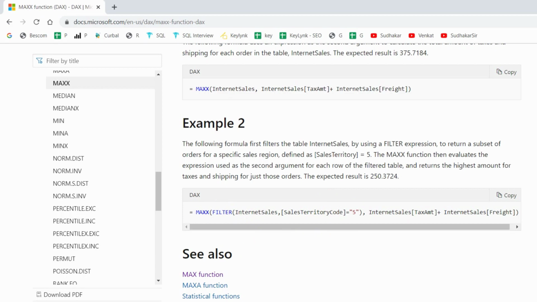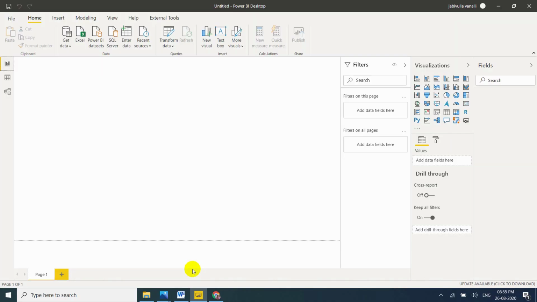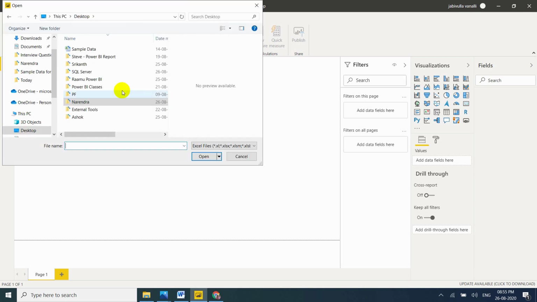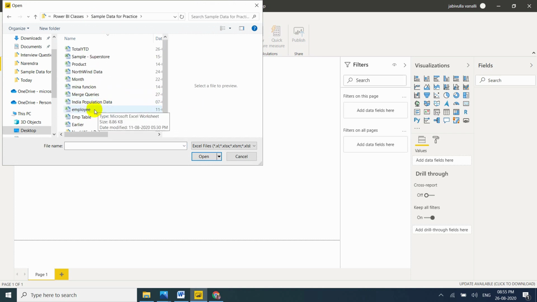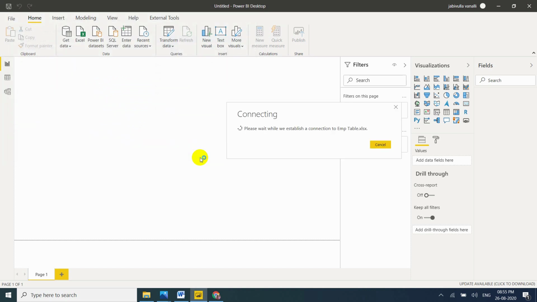Let me go to my Power BI Desktop. First of all, let me explain this scenario with a simple data set, then we'll go for Fact Internet Sales. I'm taking the employee data set. Don't worry, it won't take much time to load.